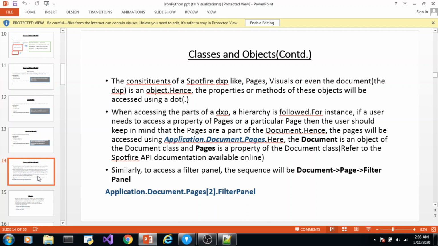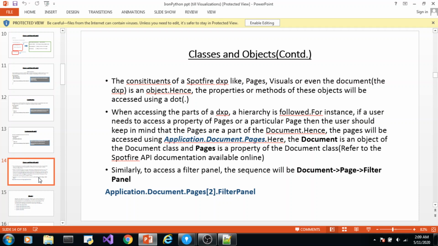For example, you have to manipulate a filter panel. So you should know how a filter panel class is designed, or which property has to be accessed. For example, when you create a page, or a tab in Spotfire, the page is an object. Every component is an object in Spotfire.